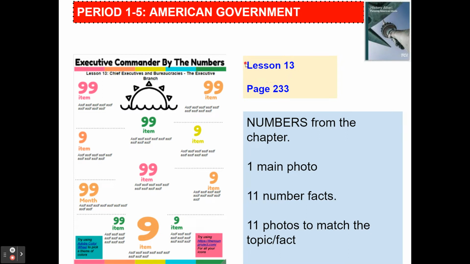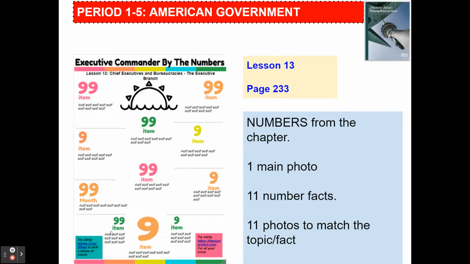What you're going to be doing is you're going to go to the chapter and go for kind of like a scavenger hunt for numbers. And in order for you to get a good reflection of the chapter, it'll probably be good for you to maybe choose a number per page. So once you get to 234,